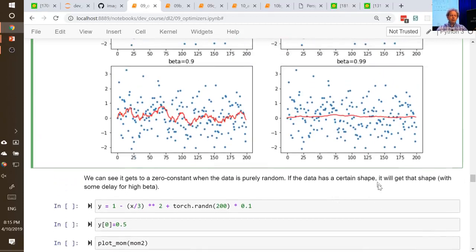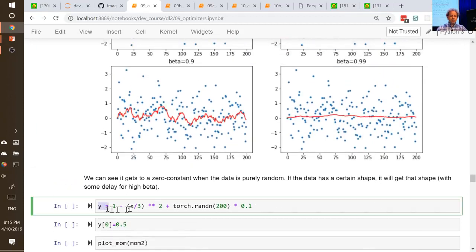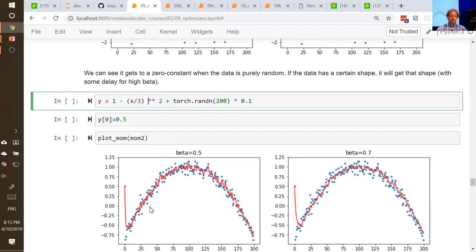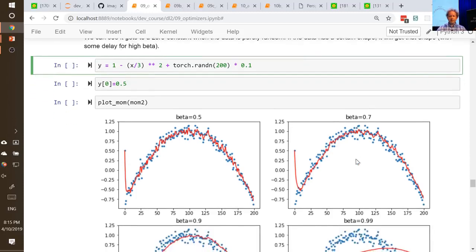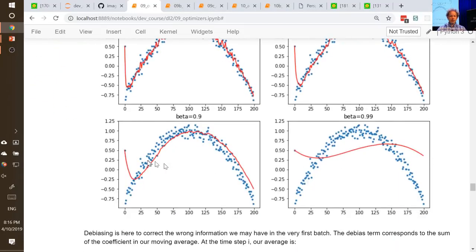Not quite. What if the thing that we're trying to match isn't just random, but is some function? So it looks something like this. Well, if we use a very small momentum with exponentially weighted moving averages, we're fine. And I've added an outlier at the start, just to show you what happens. Even with beta 0.7, we're fine. But